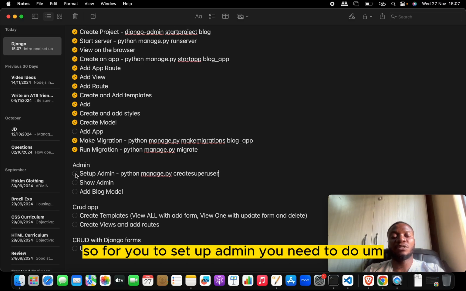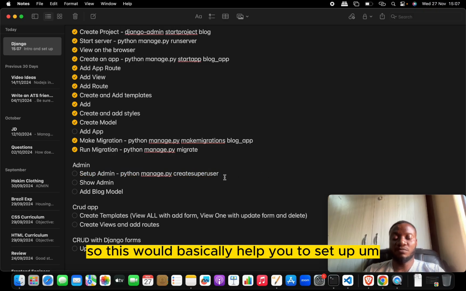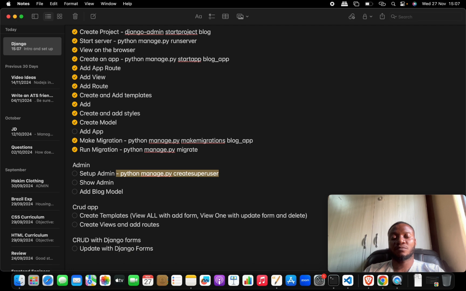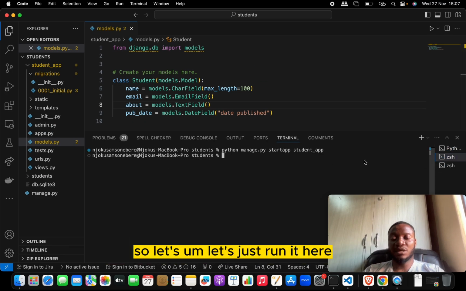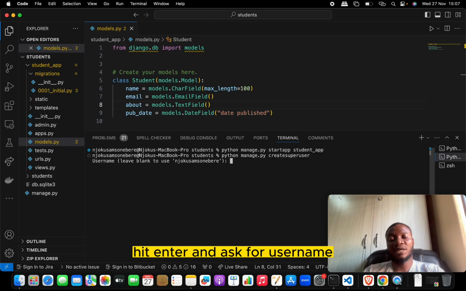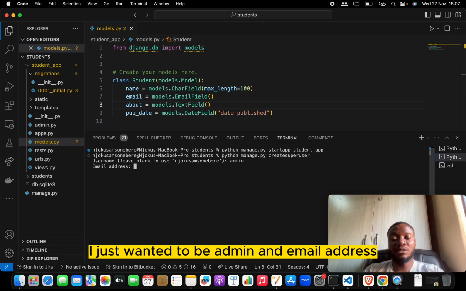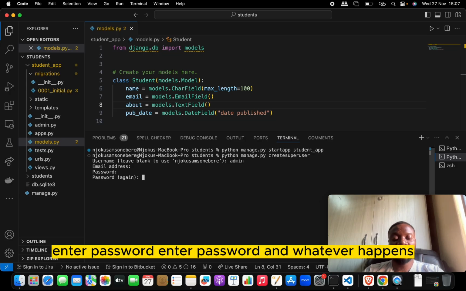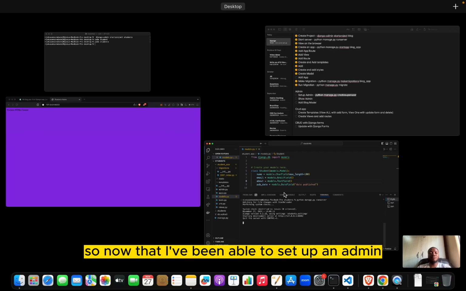For you to set up admin, you need to do python manage.py createsuperuser. This would basically help you to set up your admin, because you'll be asked for username, password, and stuff like that. So let's just run it here. Python manage.py createsuperuser. Hit enter, and it asks for username. If you leave it blank, you just use your computer name, but I just want it to be admin. And email address, I'll leave that blank. And then for password, enter your password, and whatever happens, I want to say yes to it, and that's fine for me. So now that I've been able to set up an admin,